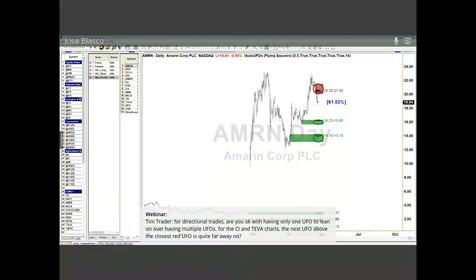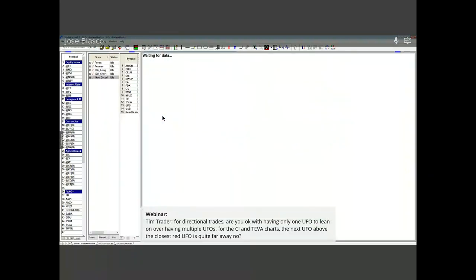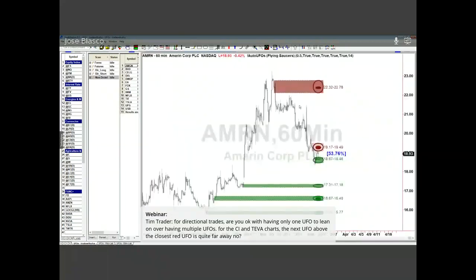For example, if you look at AMRN, and you were to look at the daily time frame, giving you a UFO performance stat of 61, and now you were to plan a trade with this particular stock using the 60-minute time frame, let's see what we get. You've got a probability of 53. Okay, so because the probability is less with the 60-minute time frame than the daily in that particular stock, which is not always the case, you may have a rule that says, look, if the time frame I use has a lesser probability,